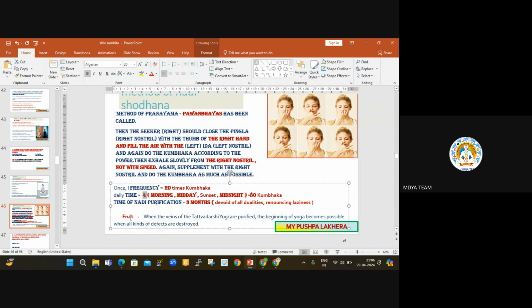Okay, and what is the fruit? What is the result if one practices in this way? When the veins of the Tattvadasi yogi are purified, the beginning of the yoga becomes possible when all kinds of defects are destroyed, mainly in his body. If one is doing the nadisodhan, as we know, all the nadis will be cleared up. When all the nadis are cleared up, automatically the body will be purified. And the beginning of the yoga means